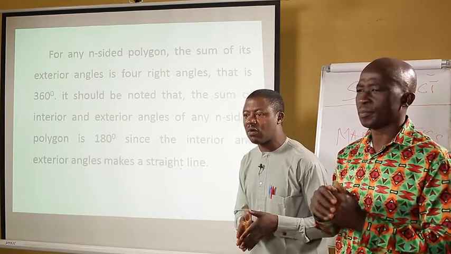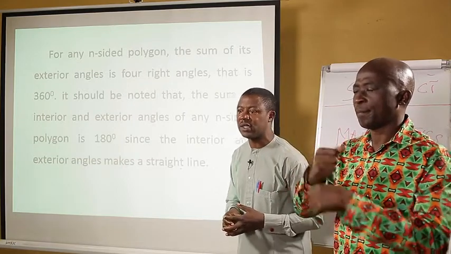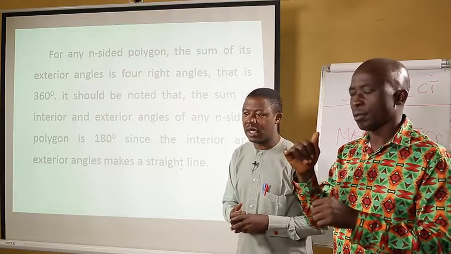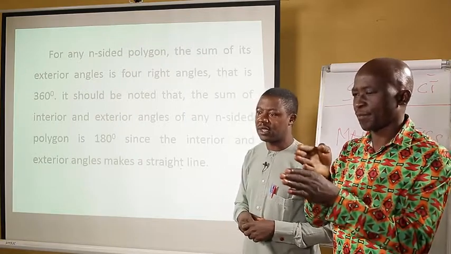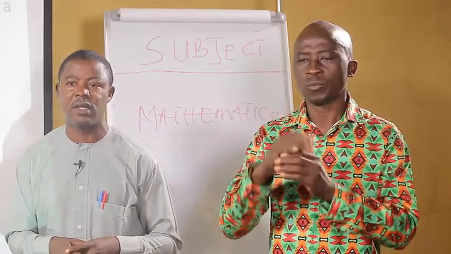But interior angle plus exterior angle sum up to 180 degrees because they make a straight line. And generally, the sum of angles on a straight line gives us